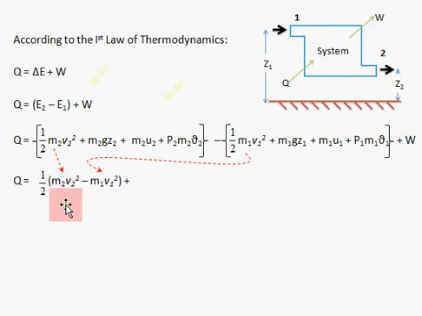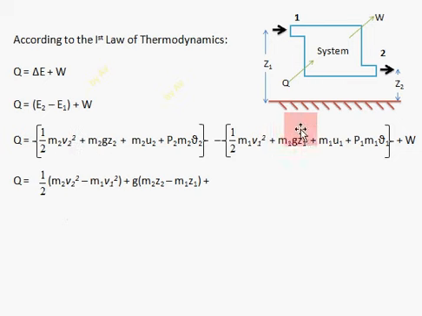Now I am modifying the above equation so that the different forms of energies with respect to inlet and exit are coupled together. Here the exit kinetic energy and here the inlet kinetic energy I am taking like this. Similarly, we can do it for potential energy, that is potential energy at the exit, and similarly the potential energy at the inlet.